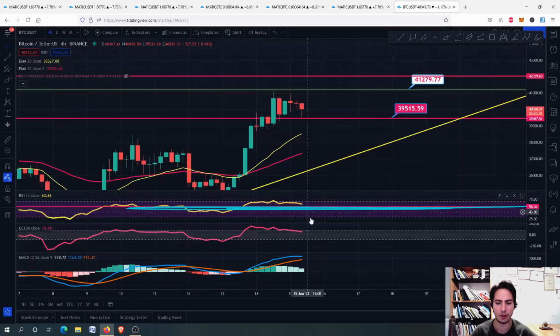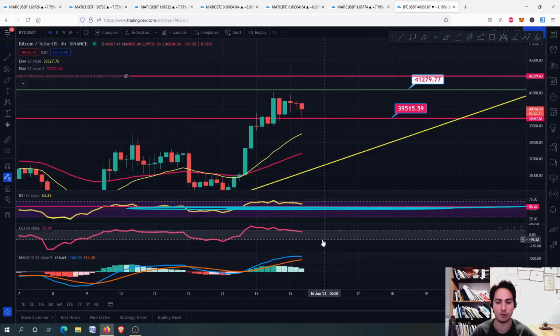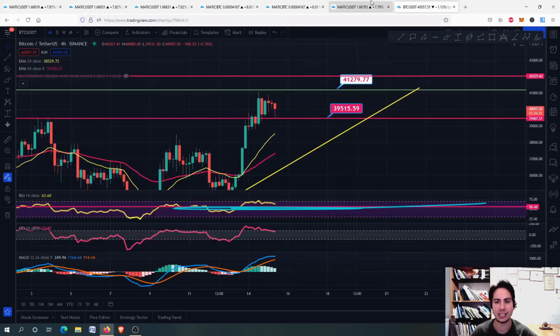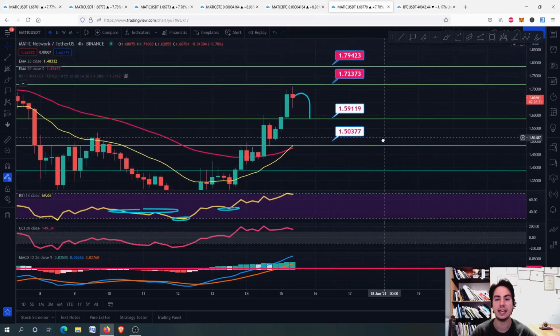Even on the 4-hour frame, guys, we might just go a little bit further downwards. Here we might have a bearish cross in the 4-hour frame. However, the 4-hour frame MACD looks good, higher lows and higher highs. You can see the Bitcoin. Therefore, guys, on the 4-hour frame, I believe you should wait before you reinvest in MATIC.